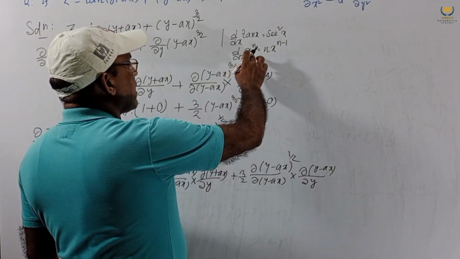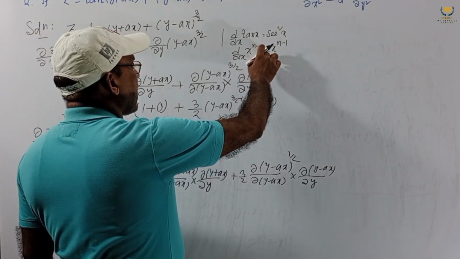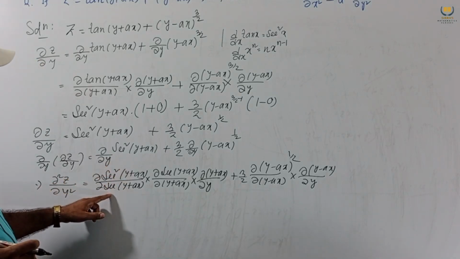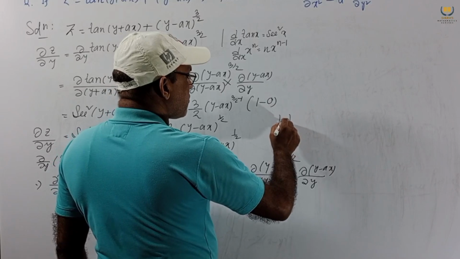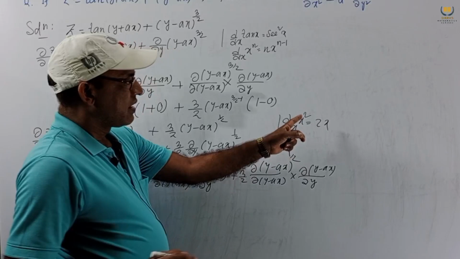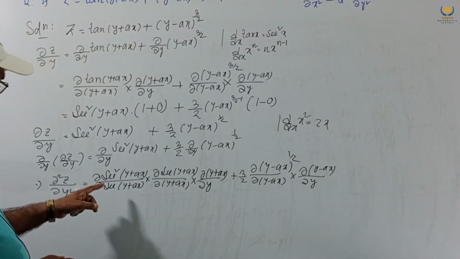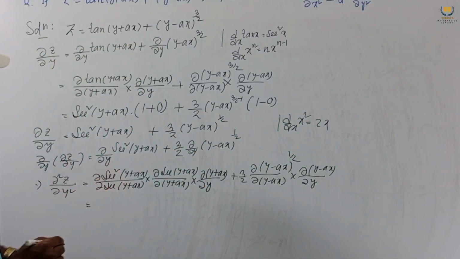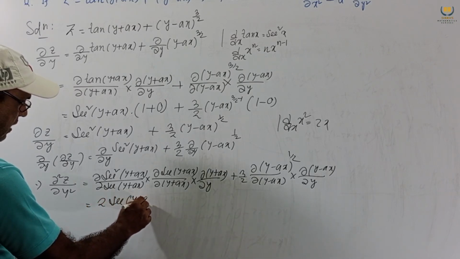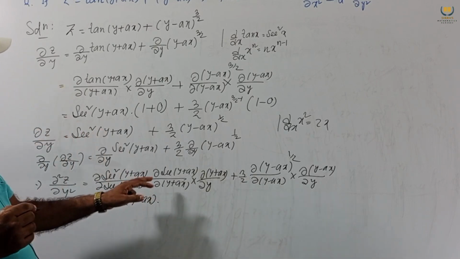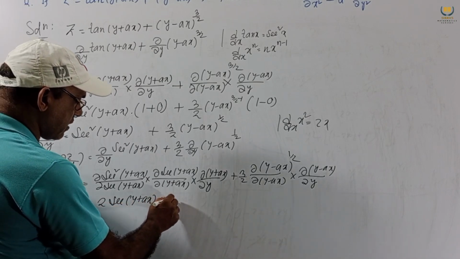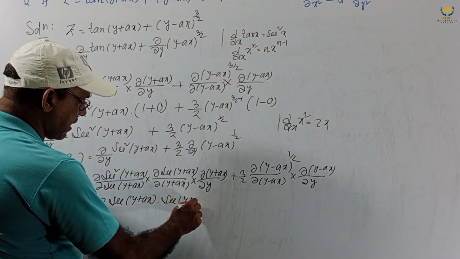If we have d/dx of x to the power n, it is n x to the power n minus 1. So we assume sec means x square dx, or we can write d/dx of x square, then we write twice x. d/dx of x square means twice x, so we assume this is x square, this will be twice x, sec(y plus ax) into d/dx of sec x, which means sec x into tan x, we get sec(y plus ax)